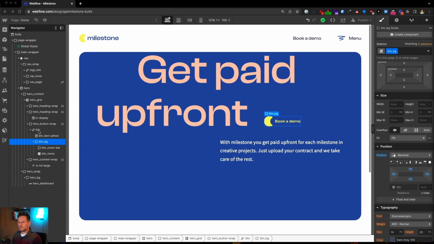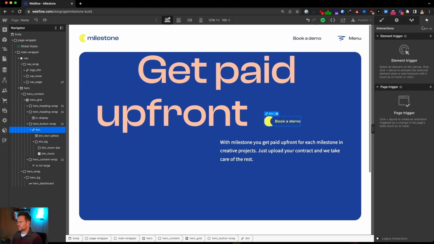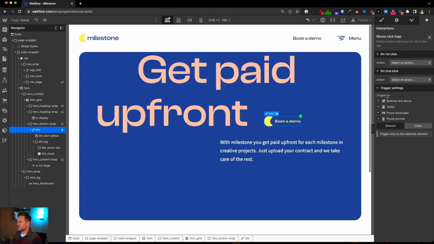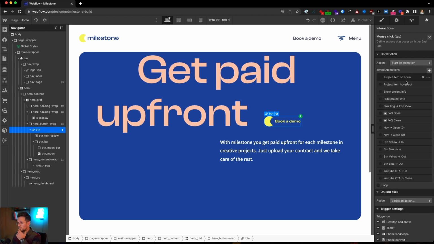So to create the animation, we choose the button itself, and now we create an animation, or actually a trigger, and yeah, it's mouse click or tap, and we can start the animation. You can see I already have a couple of animations here, but let's build it new. It's that one.